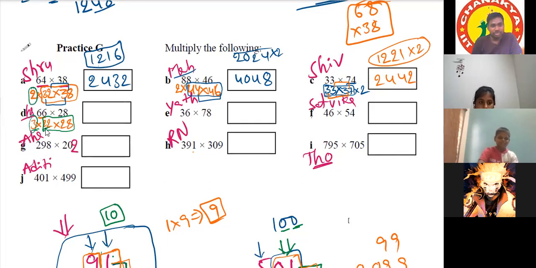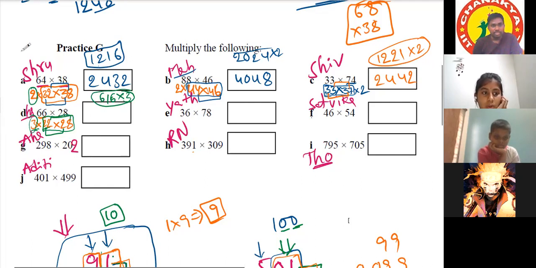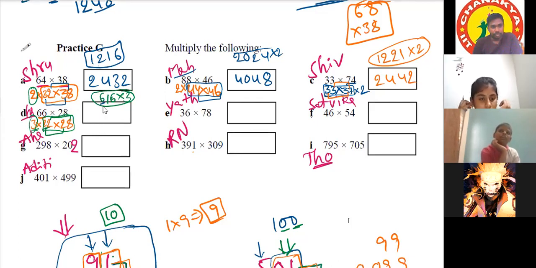First you do this. 2 multiplied with its successor. 2 3s are 6. 2 8s are 16. Now you have to triple this number. Sir, instead we can also double that number, then add 16. Yes, correct. Or you can do it this way also. 600 3 times is 1,800. 16 3 times is 48. So 1848. That's all.